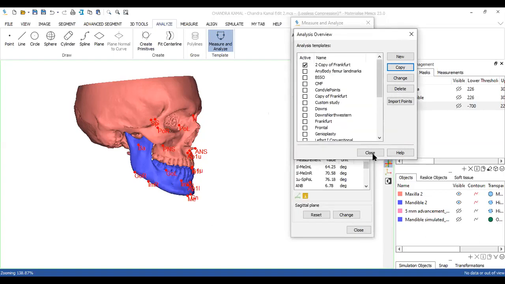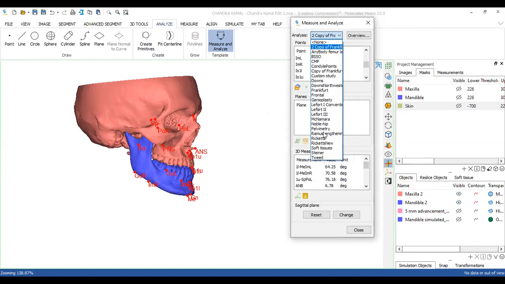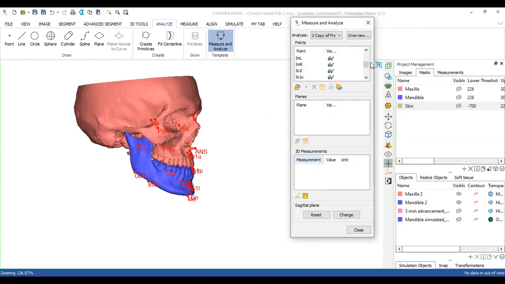Now I'm going to close this. I'm going to use second copy. So if you see here, none of the points or measurements are visible. Now when I click, it just locates the points for me.